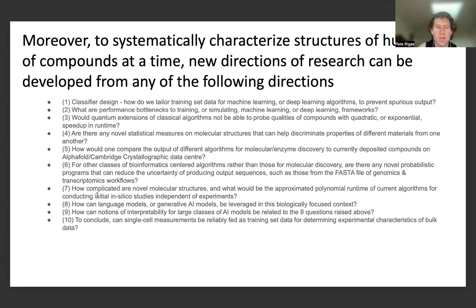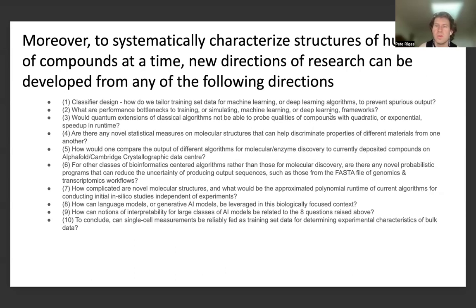And in 7, we're thinking about how complicated novel molecular structures are and what would be the approximated polynomial runtime of current algorithms for conducting initial in silico studies independent of experiments. This question is more exploratory, because if we can obtain some other polynomial runtime algorithms, would there be any novel molecular structures that we could study further? And in the 8th question, how can language models or generative AI models be leveraged in this biologically focused context, which is very much related to the 7th question? For the 9th question, how can notions of interpretability for large classes of AI models be related to the 8 questions above,